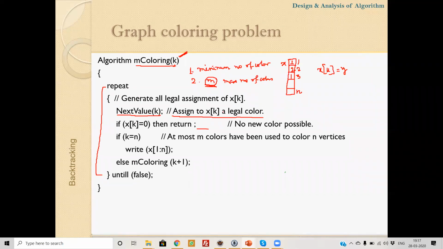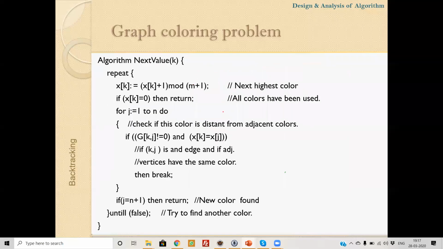Let us go to the next value function. Okay, so this is the next value function. Using this function, we are going to assign some color to vertex k.